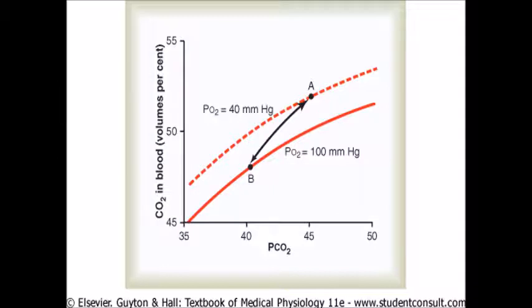So out of total 4 ml, only 2 ml or 2 volume percentage transport is possible without rise in oxygen. So you can say that Haldane's effect is doubling the total amount of transport of carbon dioxide. With Haldane's effect, we can transport 4 ml of carbon dioxide in 100 ml of the blood, and without Haldane's effect, we can only transport 2 ml of the carbon dioxide in 100 ml of the blood.